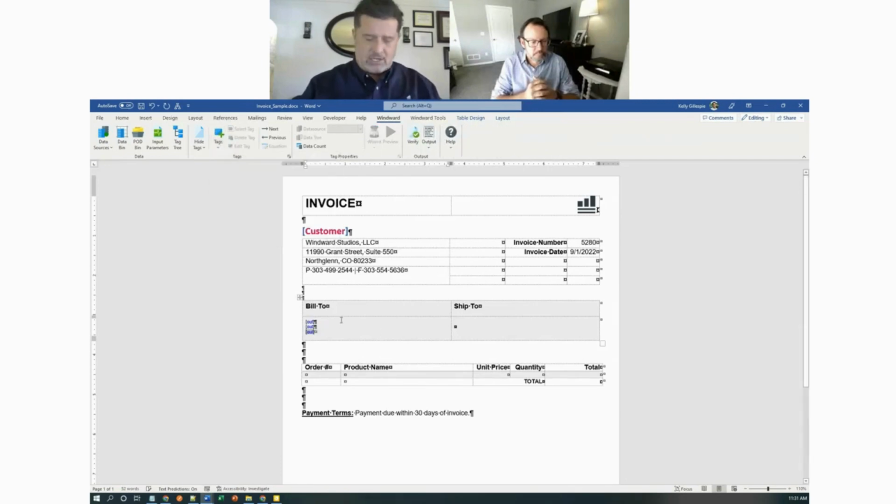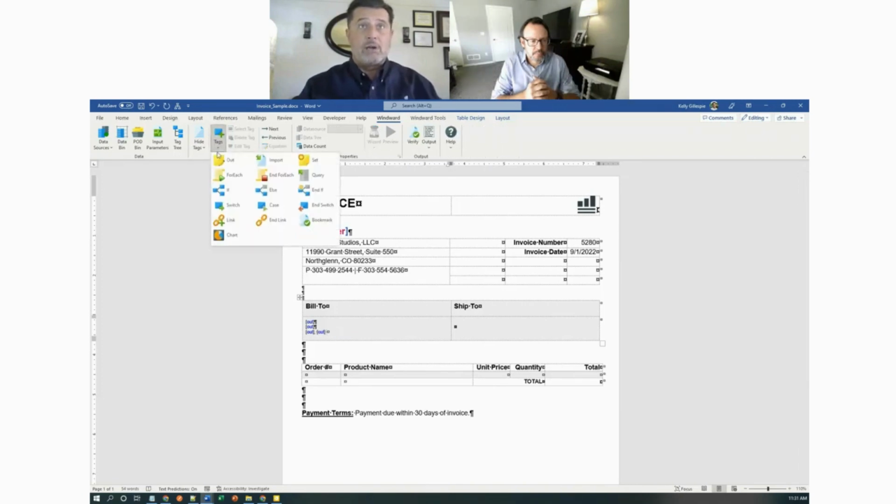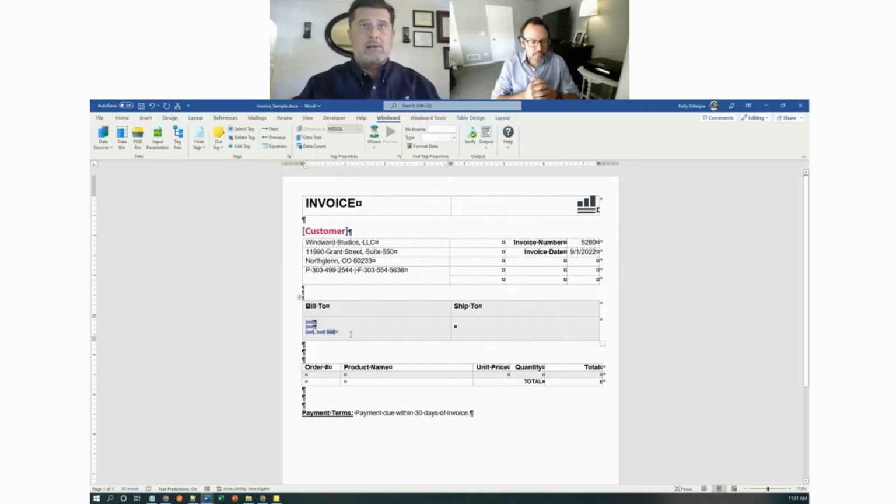I'm going to get to the end of that string. I'm going to put a comma space. I'm going to drop another out tag. And then eventually I'm going to need one for the postal code. There we go. Now I can see in here, I'm going to use my format painter to quickly adjust the